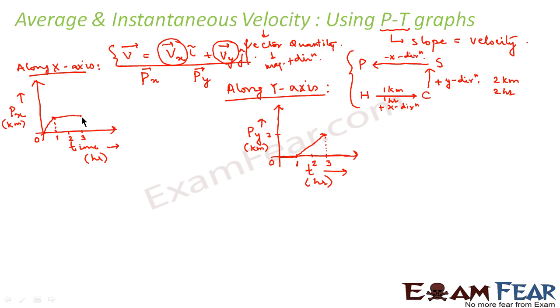Whereas in the x direction, it will move in the negative x direction and travel 3 kilometers in 2 hours. So let us plot it on the negative side also. Suppose if this is 1, this would be -1, this would be -2, correct? So after this, it will travel in the negative direction. So it needs to travel 3 kilometers from this point.